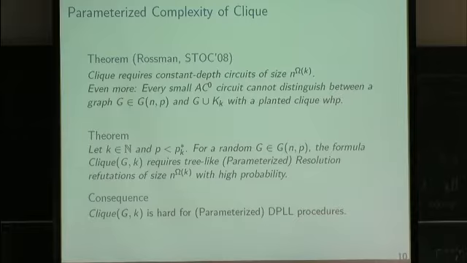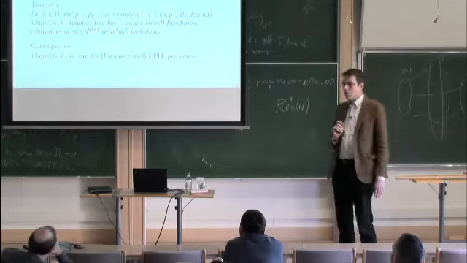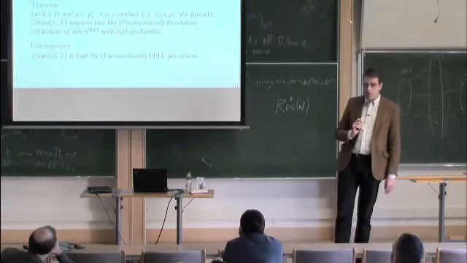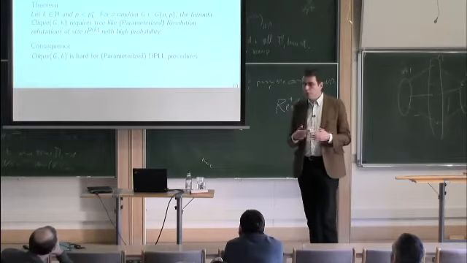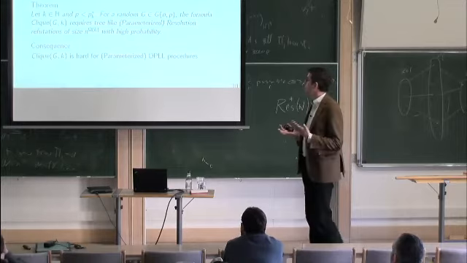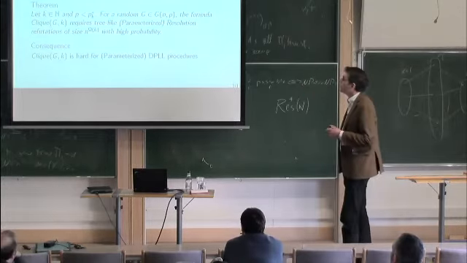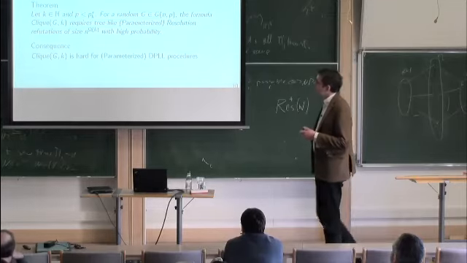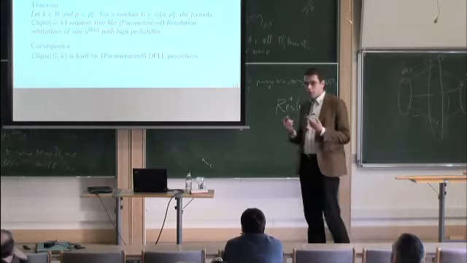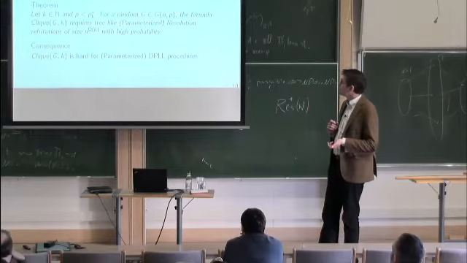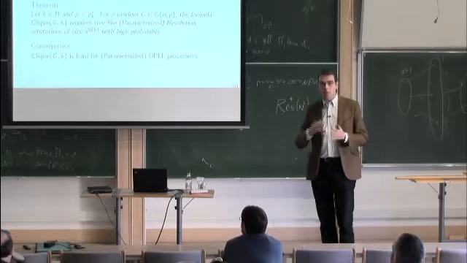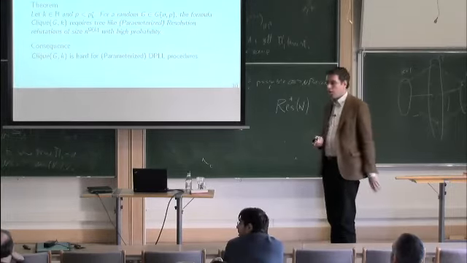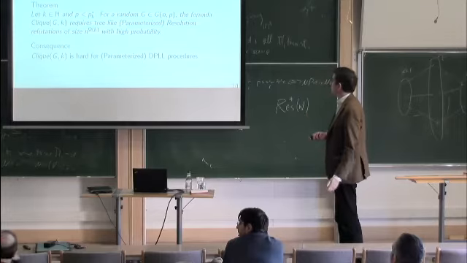Now what I want to do in the remaining time is to explain a bit how you can obtain this result. I will first explain the prover-delayer game, that is the technique to obtain lower bounds of this format. And then I will also explain how you apply this general technique to the clique formulas, but in fact I will not show you the lower bound for random graphs, but look at a simpler graph where the proof is a bit easier to understand.